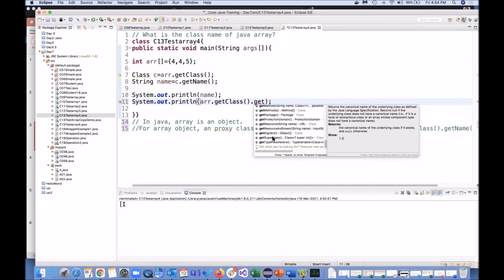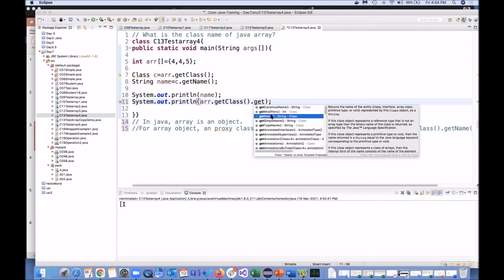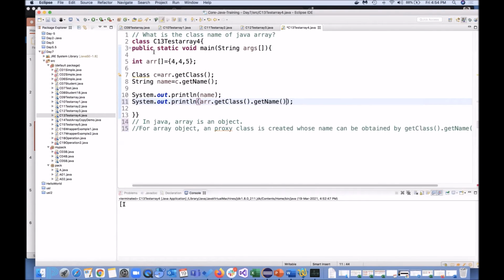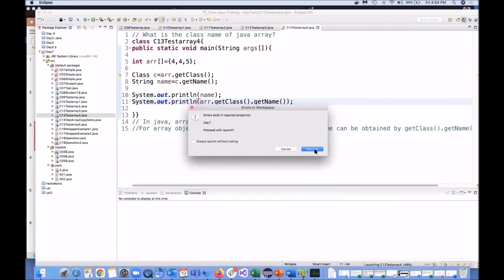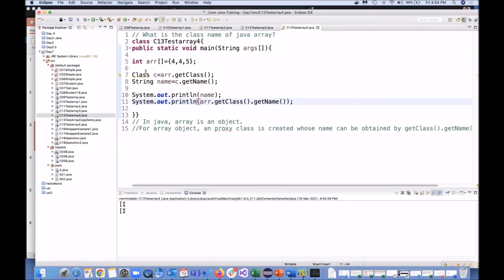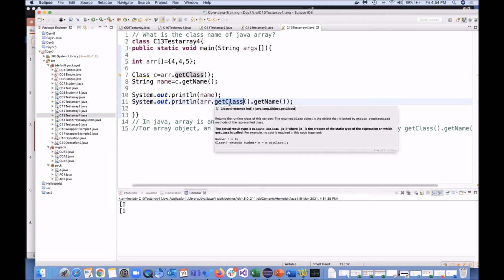If there is a subclass also, you can say superclass. Okay, we just want to get the name. So this is how, if you want, you can write this way also. In case you're finding it difficult to know what is done here separately in these two statements, nothing, whatever this array type was, from this array we want to see which class it is coming from. Actually it is coming from the proxy class.